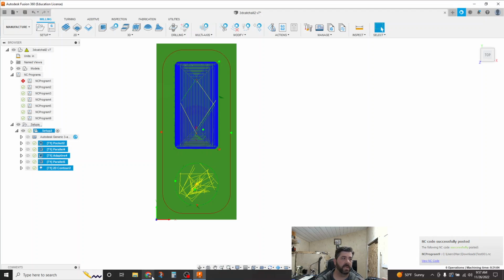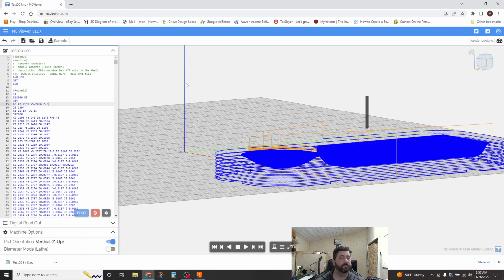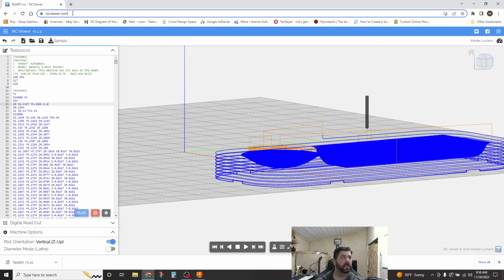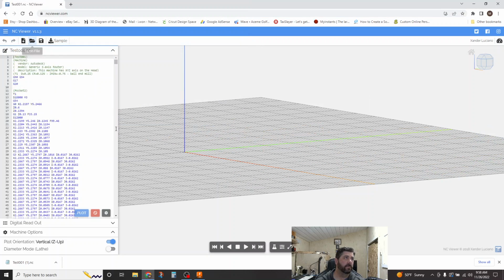Now what I like to do is actually run over here to ncviewer.com. It's completely free, ncviewer.com. And if you've seen any of my 3D printing videos, I'm a big proponent of preview, right? And I like to start from line one and sort of walk through the thing and see how it's going to act. And so Fusion 360 doesn't do a great job of letting you preview those first few moves, NC Viewer does. And so if we go ahead and open our test file here,